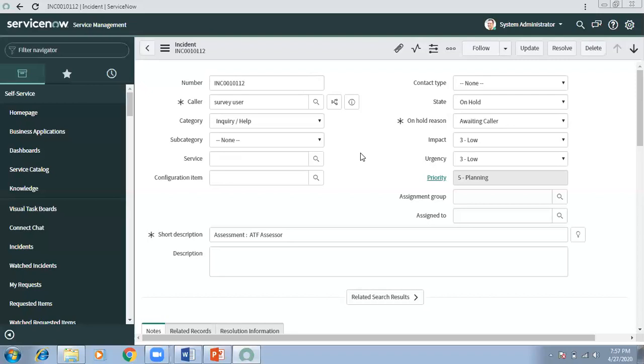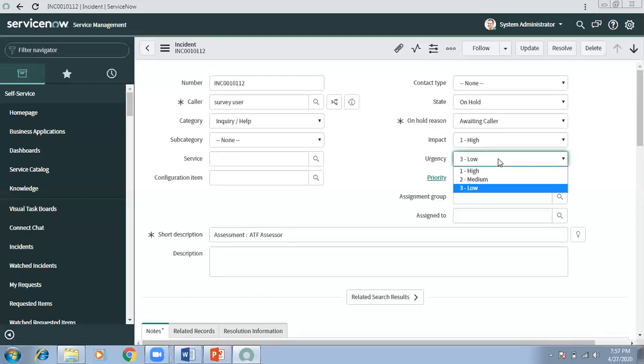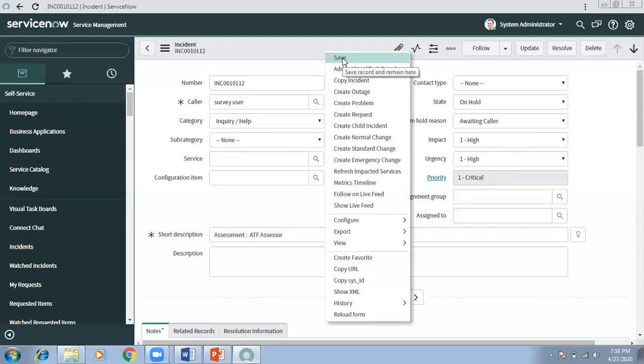What could be the examples? Let's say your business process says an end user cannot submit a high priority ticket. Here he selected the high priority. Now as he tries to submit it, you may write a client script which checks if the priority is high, and if the user is an end user.